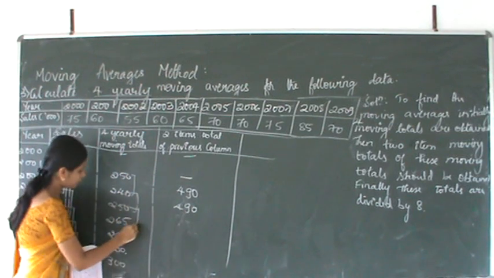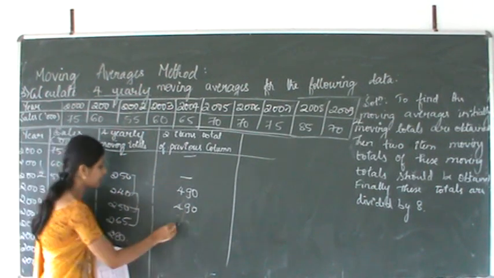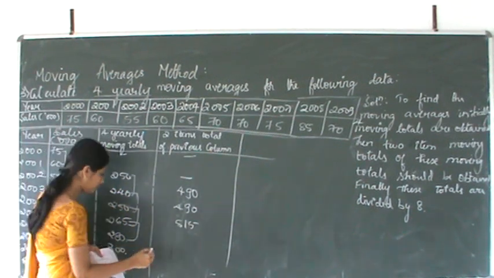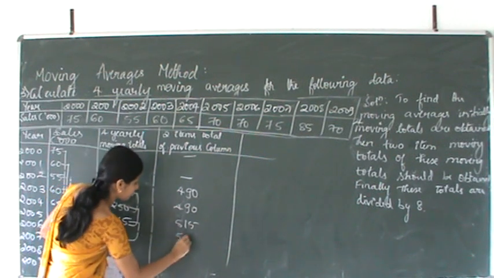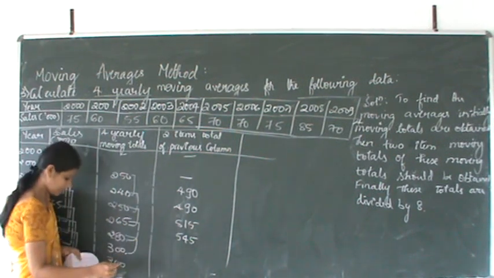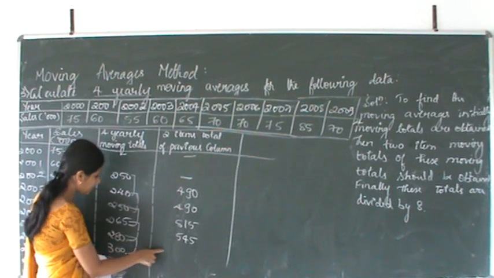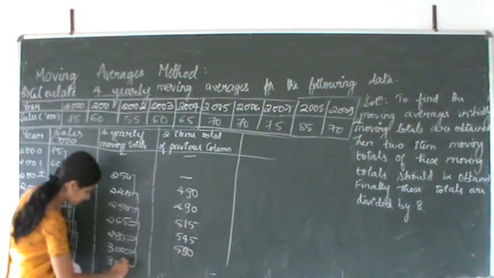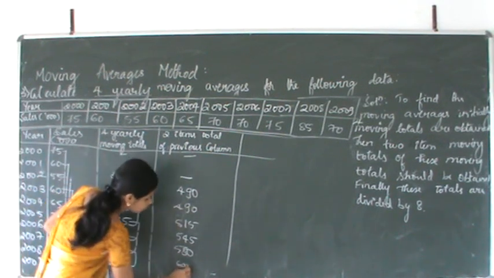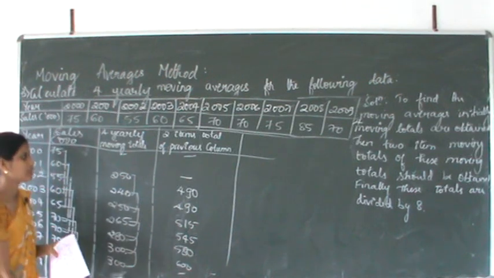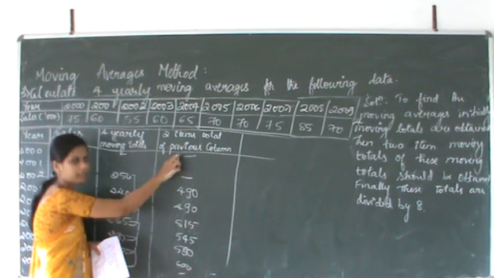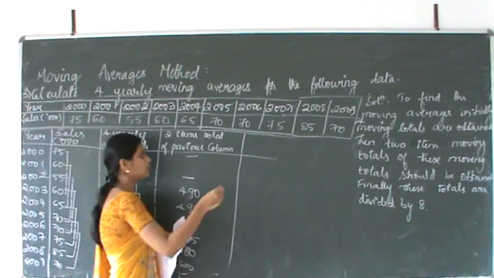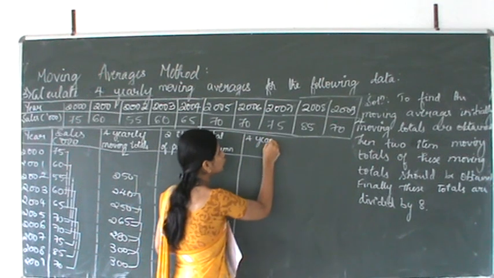Next 250 plus 265. It is 515. 265 plus 280. It is 545. Next 280 plus 300. It is 580. Next 300 plus 300. It is 600. So the last 2 lines will be blank. See, an equal number of years will be left blank in the beginning as well as at the end of the time period. Next, lastly we are going to obtain